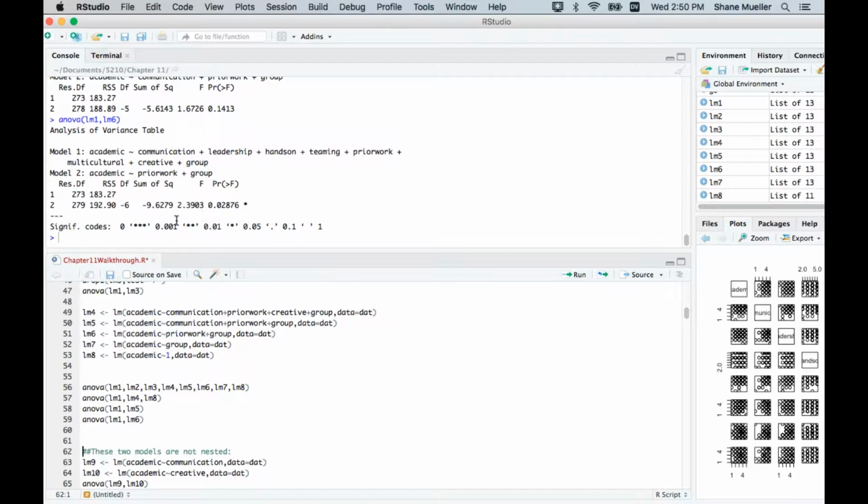So even though for each individual thing we remove, it wasn't getting any worse, all the combined pieces make it worse, and so maybe we would want to go back up to model 5. All right, so that's